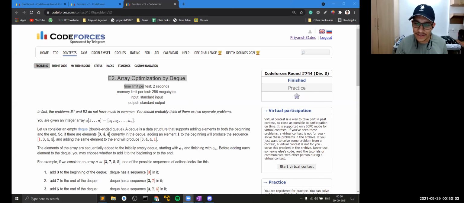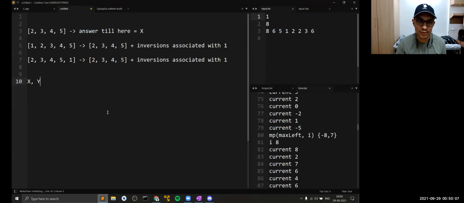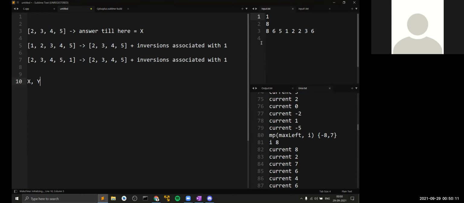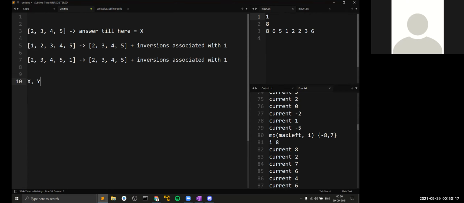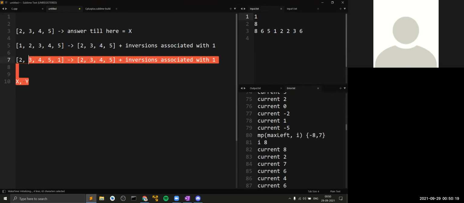Can somebody just confirm where exactly did I lose my connection? What part was clear? Define an inversion. Oh my God, did we lose at that point? I explained a lot after that.